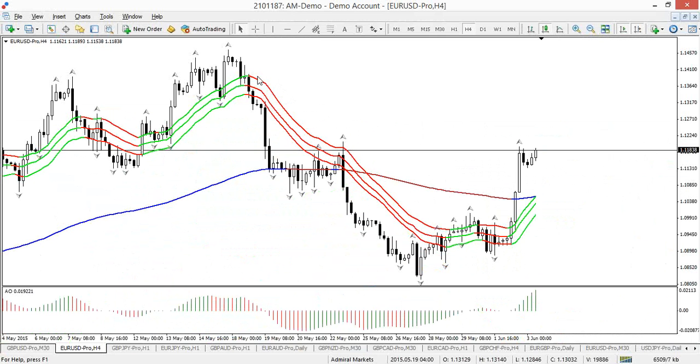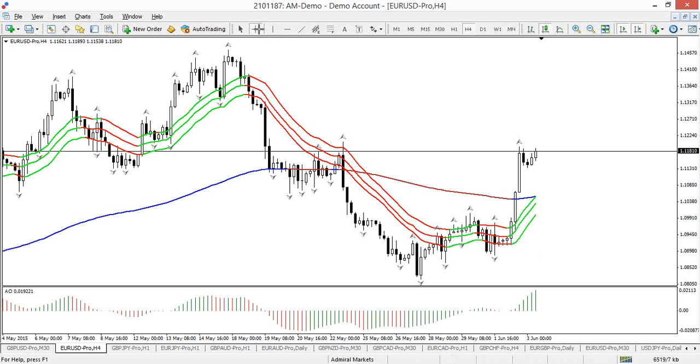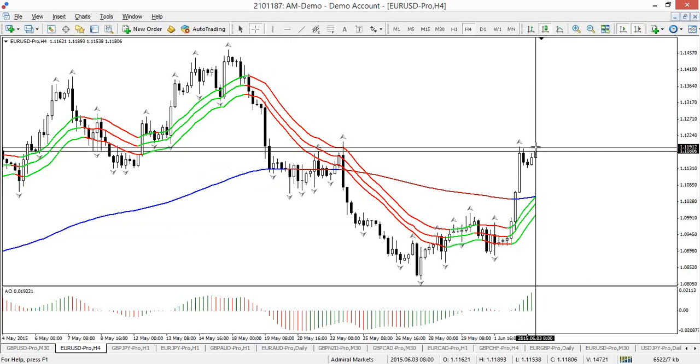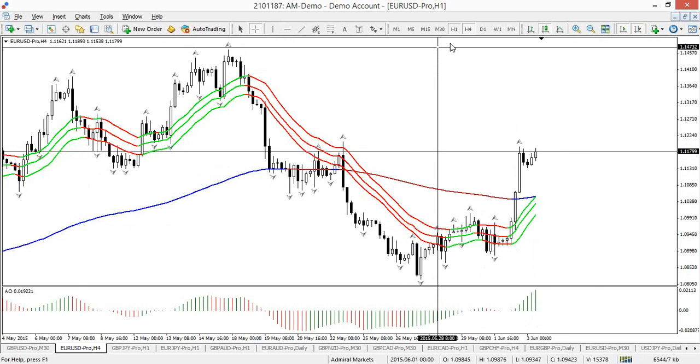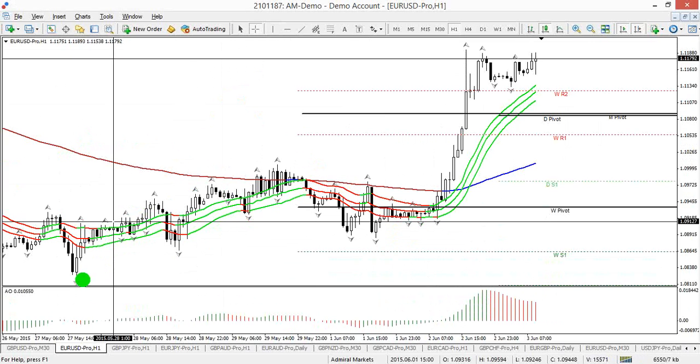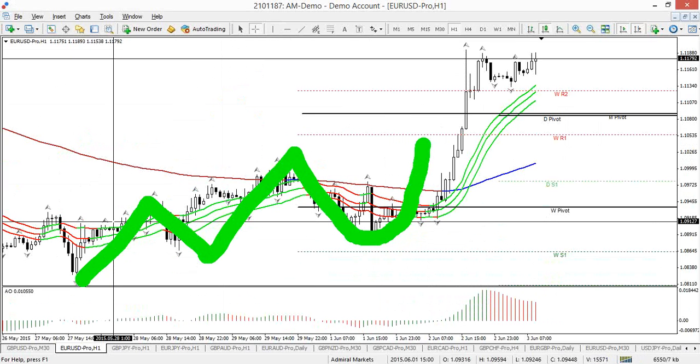There we go. Euro dollar, this is a template with 4 moving averages, and basically yesterday we got the big break to the upside, and I did give a slight advantage from a wave perspective for upside. Yesterday we had a Fibonacci and wave webinar at the same time, same place. And from that perspective, I thought there was more potential to the upside than to the downside. On an hourly chart, I was saying it could be explained by the fact that this is a wave 1, 2, wave 1, 2, and then we needed an impulse, a strong momentum to basically confirm the fact that that is a wave 3